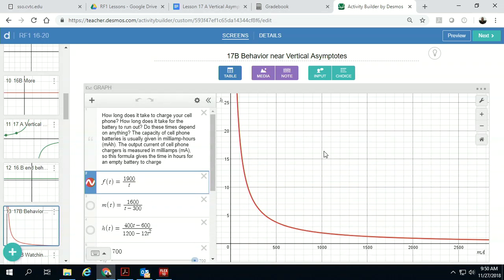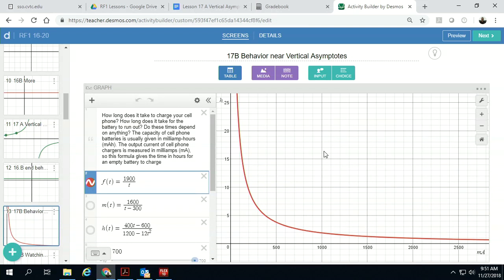It says here, the phone battery is 1600 milliamps. So it's a smaller battery than the last one. Everybody agree with that? Because the last battery was 1900 milliamps. This one is only 1600 milliamps. The current available to charge his phone is X minus 300, because 300 milliamps of what the charger is giving out has to be used up by the video that he's watching. So his formula is, let's write it down,